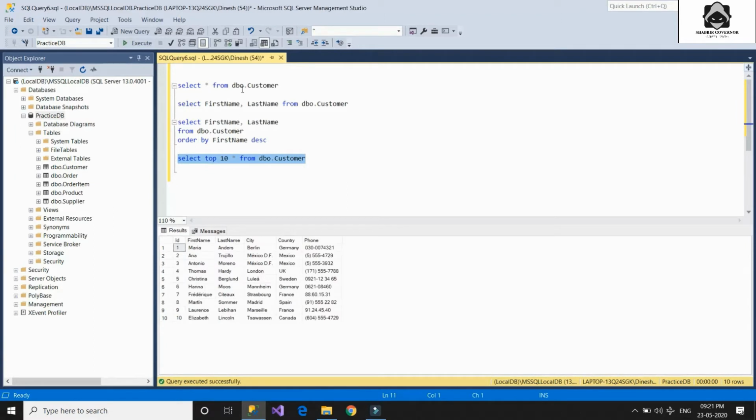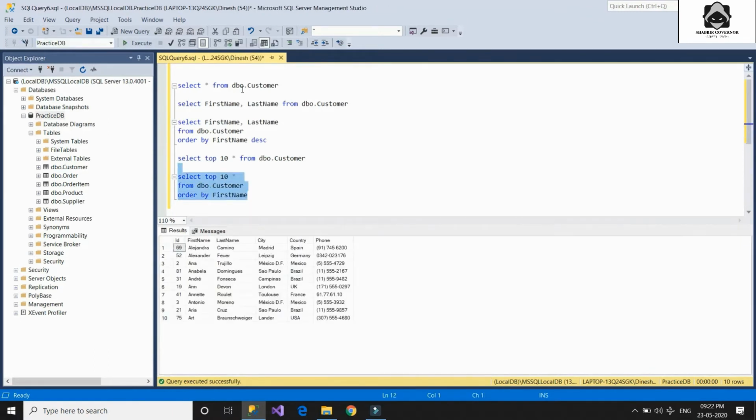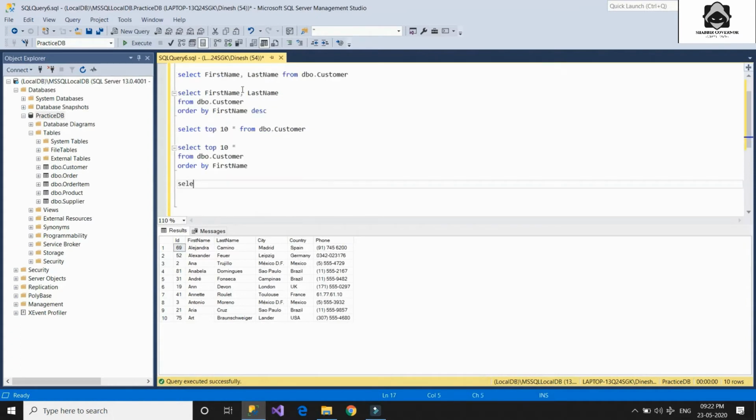So here you see that we get the top rows from the customer table, but the order here is again according to the random order that was actually present in the customer table. What if you want the same thing with the above query? For that, we just write order by first name and let's run it. So here you see that we get the top 10 rows from the table which are ordered by the first name.